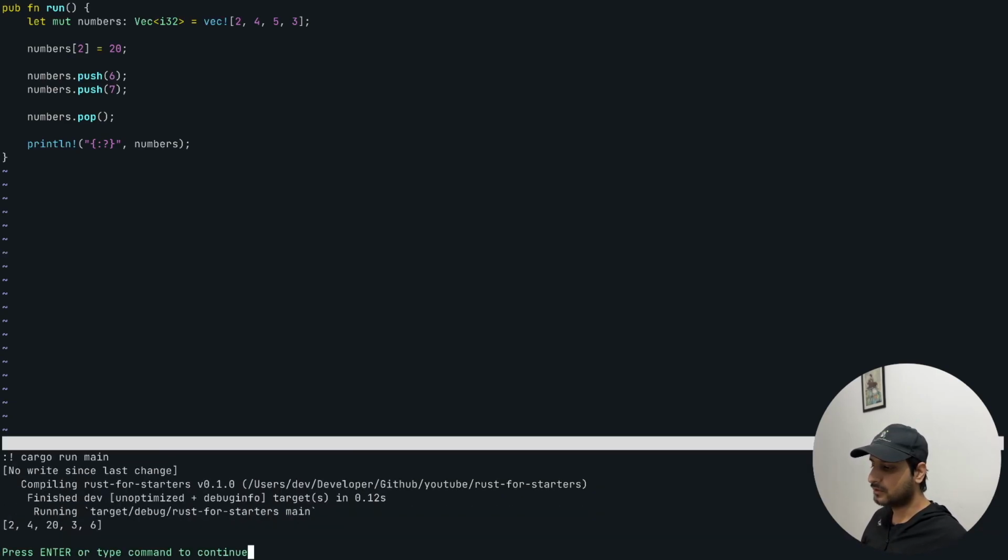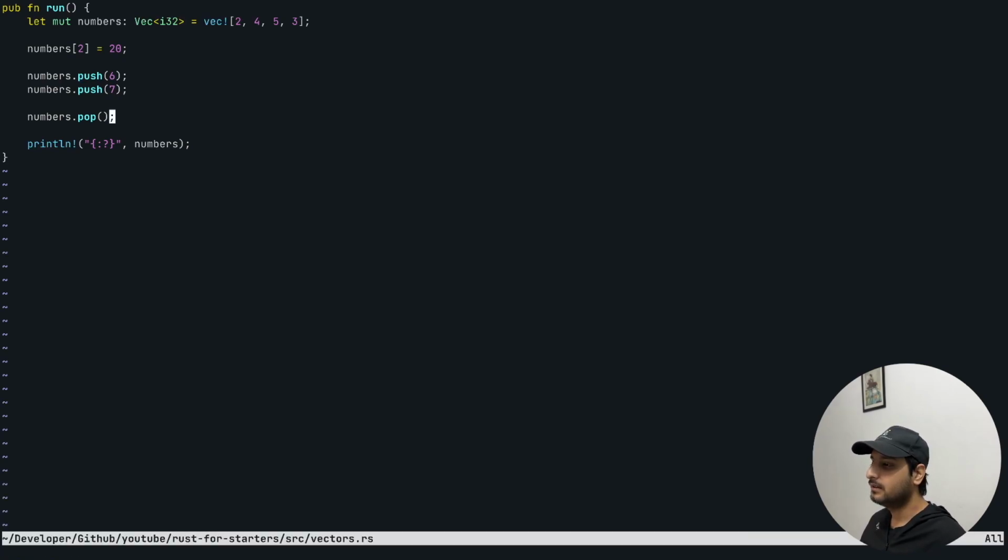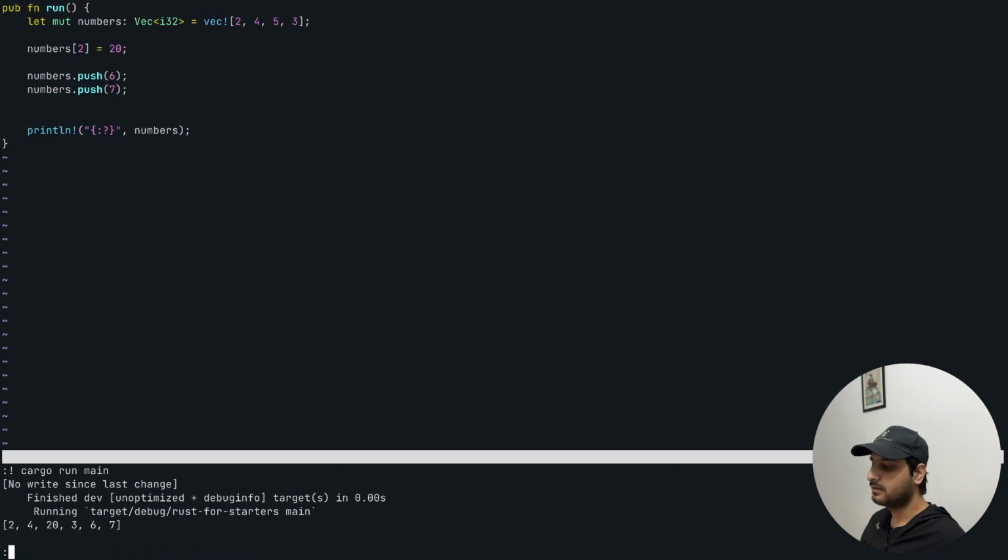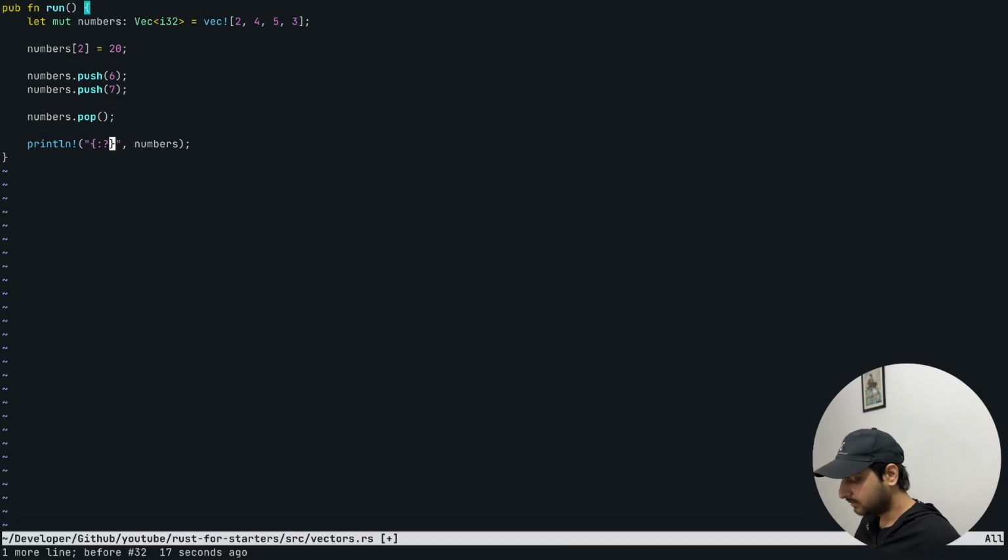It says 2, 4, 20, 3, 6. And what happened is that it didn't push the 7 in. So what happened over here is that the 7 value that we inserted got popped out at the last moment, and then it printed out. So if we remove this and then try to run it, we can see our 7. So bringing that back, moving forward, we can get the single value,